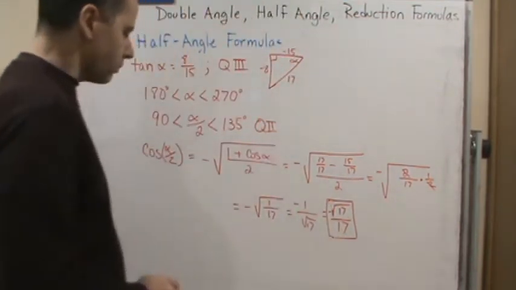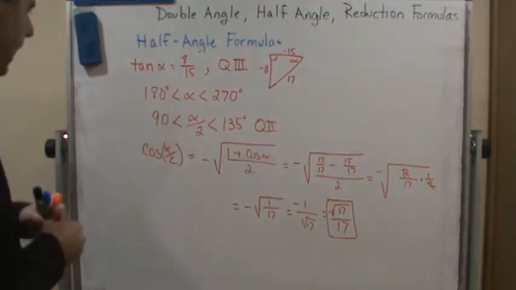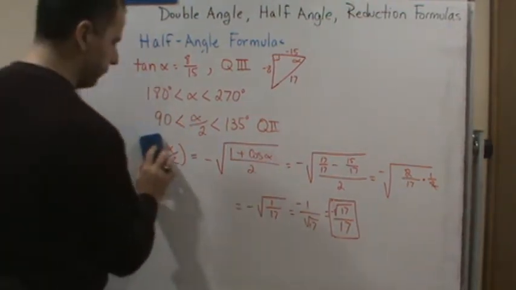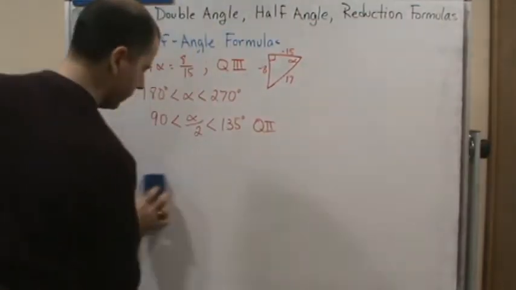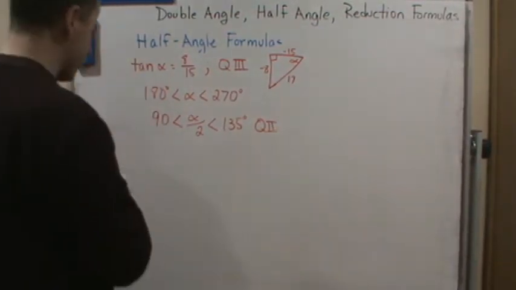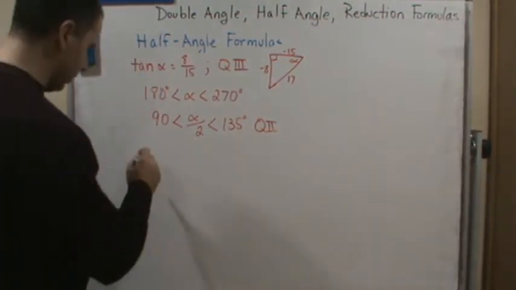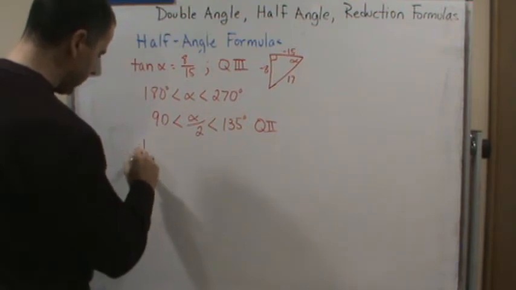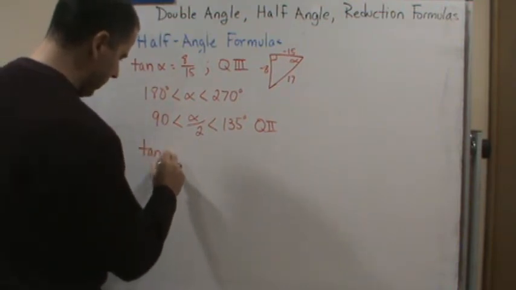Okay. And that's that one. So now let's do cosine. Okay, so now for tangent. Okay, so now if we do tangent of